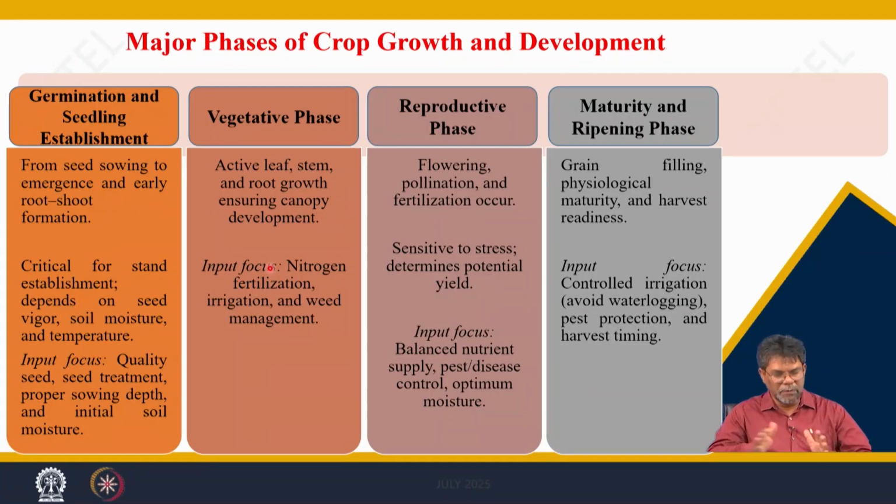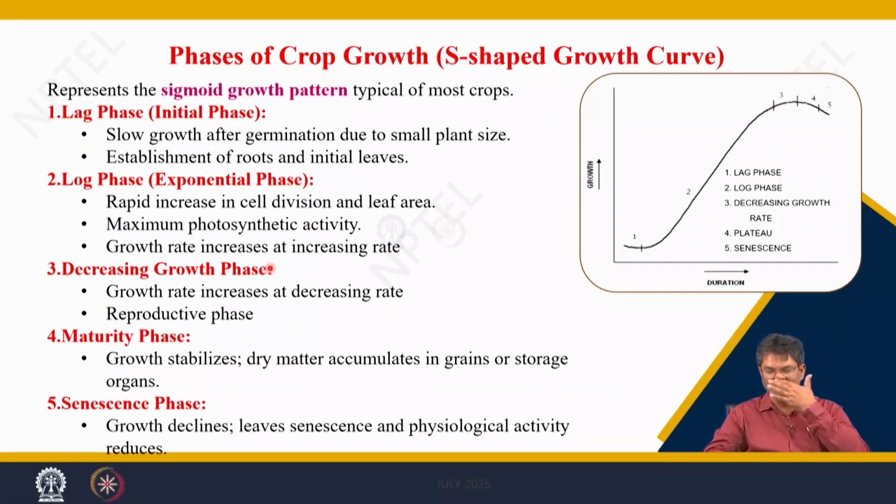So with these different phases we will also give a graph for the growth phases. If you see that, it gives understanding of how the crop growth phases take place. This is a sigmoid growth curve, the crop growth phase. With the duration of time, the growth is not linear, it looks like an S shape. You can see the crop growth phases of any crop, rice, wheat, divided into 5 growth phases.